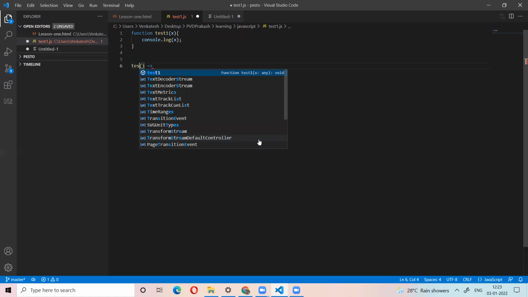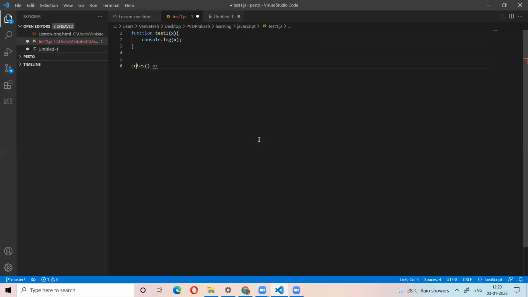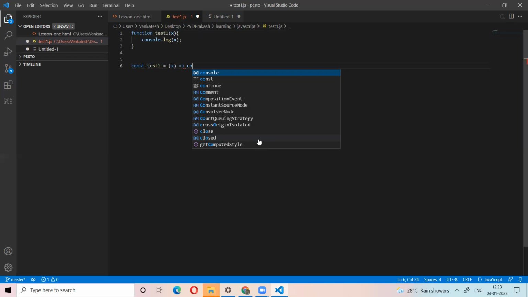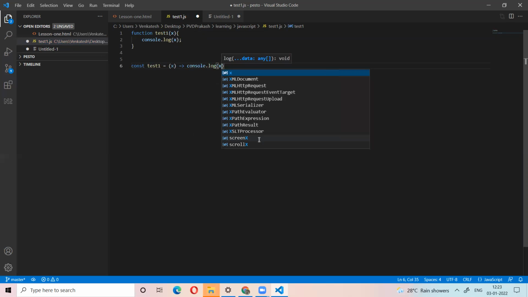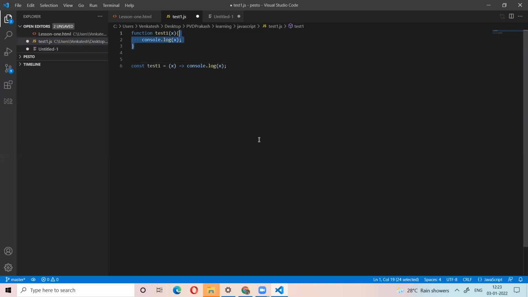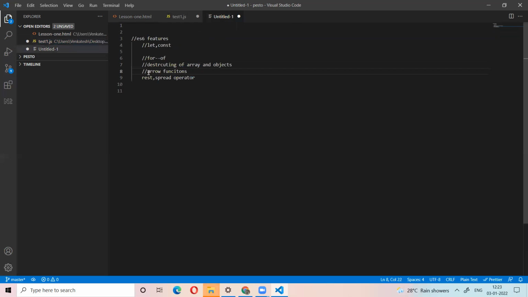So const test1 equal to, console.log of x. So arrow function means you can use the parentheses with the parameters, arrow symbol, and then the functionality. So this is the arrow function. I explained in the previous examples. The arrow function is the latest ES6 feature.